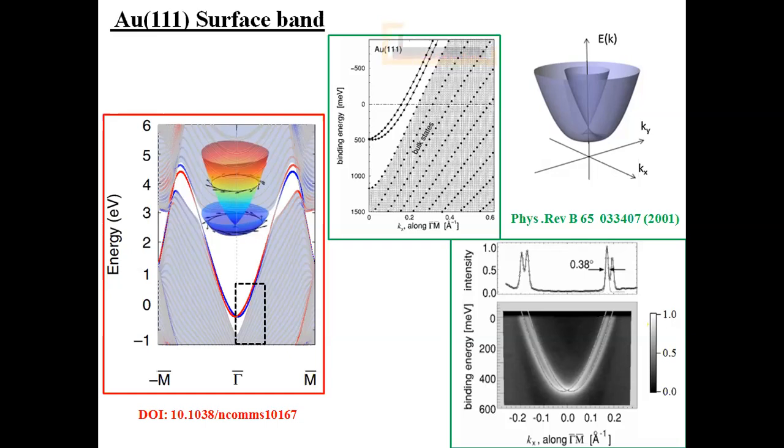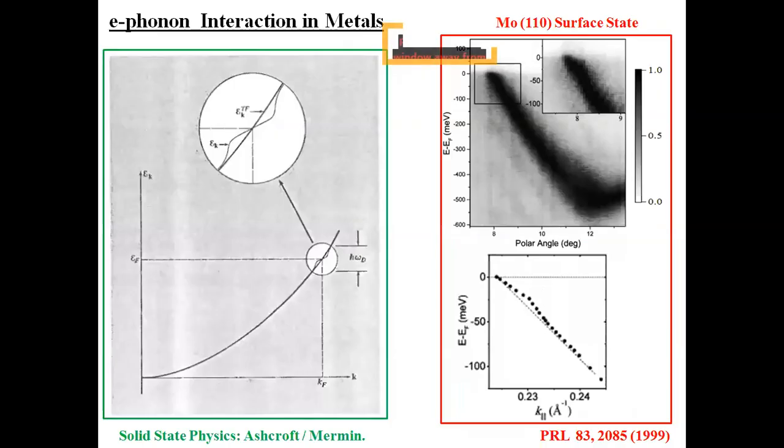So these are the two examples now. So now I'll go on to discuss the many body interactions that can be traced using this methodology. So far what I have shown is that this technique is quite useful in revealing the overall band structure, how the energy of any electron varies with momentum. I mean, overall band structure along different momentum directions can be imaged. So for that purpose, this method is very useful. But it can also reveal your many body interactions in the system. By many body interaction, I mean electron-electron interaction, or electron-phonon, electron-plasmon, these kinds of interactions.